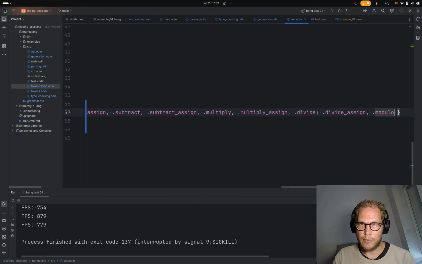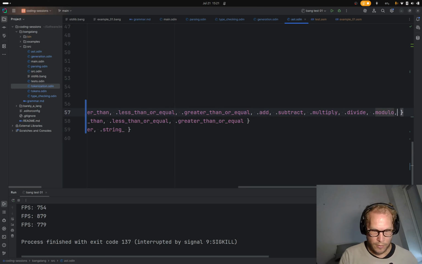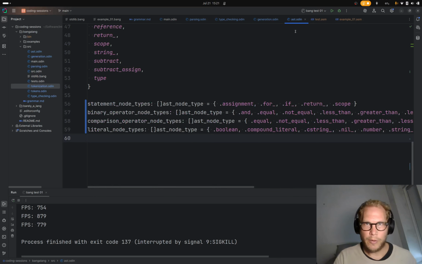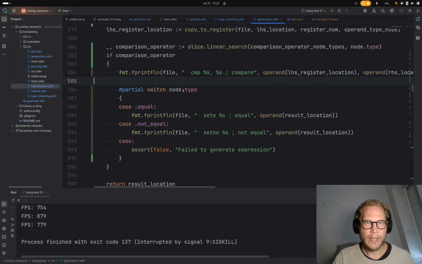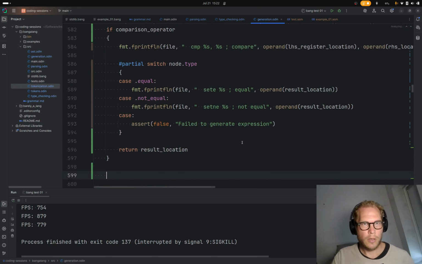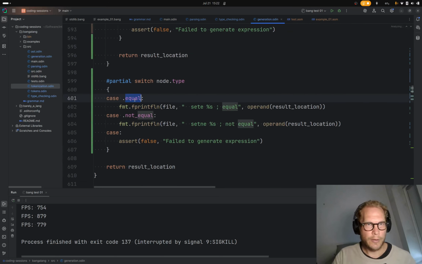Oh, we should take these out. They are not binary operators. We don't have so much time, so I'm not going to bother with alphabetical ordering right now. So in that case, we return. Otherwise,